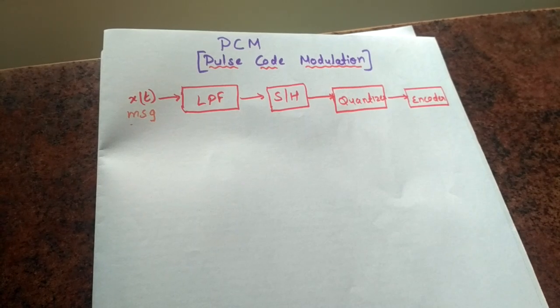Also, in this video, we will be discussing pulse code modulation, and this video is mainly focused on the calculation of transmission bandwidth of the pulse code modulation. So over here, I will not go into the depth of PCM. That is, we will not derive quantization noise power or anything, because I am assuming that we all know that. This video is mainly focused on the calculation of transmission bandwidth, because many of the subscribers are requesting that we want